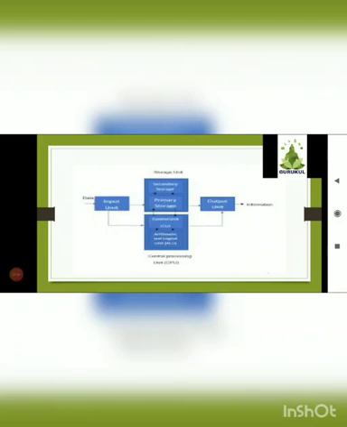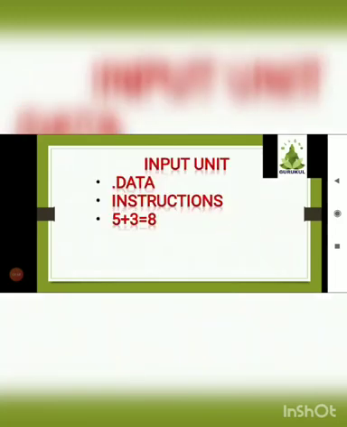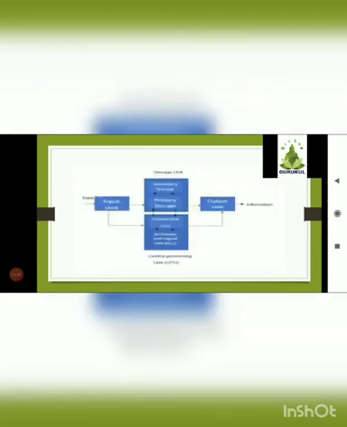First of all, let me tell you what is data. Data is the raw collection of facts and figures, numbers, letters, whatever we are giving through the input device. Those are known as the data. And whatever the computer processes from the data and gives us as the answer, the result, it is known as the information.